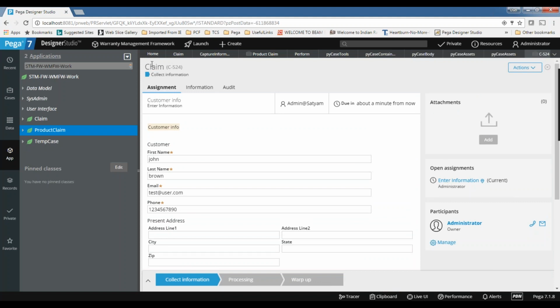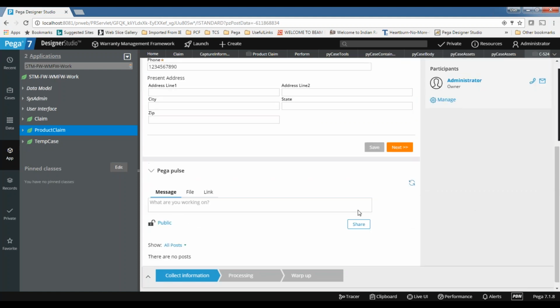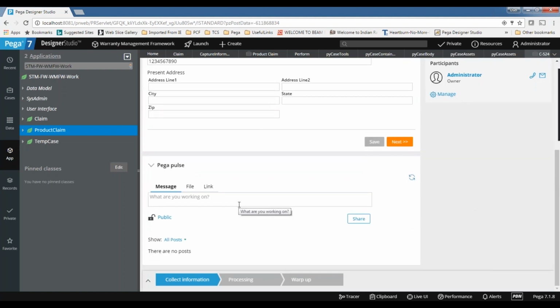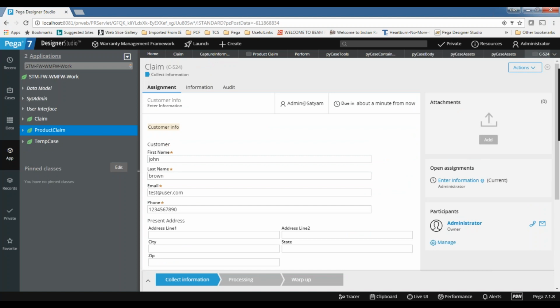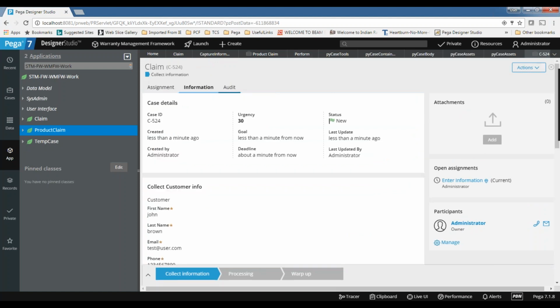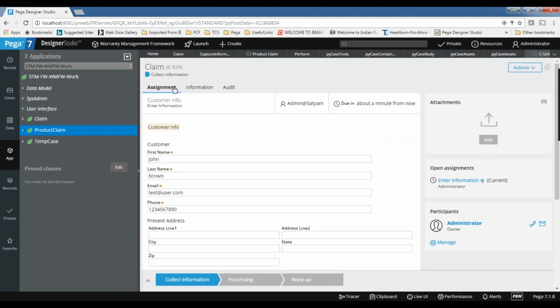Everything is a section here. So this is a section, this is a section, everything is a section. Whichever you want to keep, keep that. Whichever you don't need, you can ignore that. So let's say the information tab is not there and you need some other tab for your work. We have 4 tabs here, and you want to add one more tab which is specific to your application.